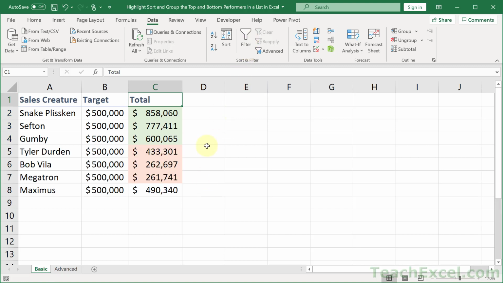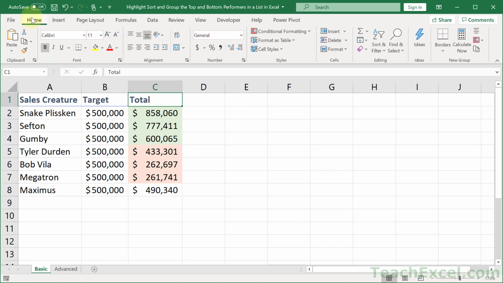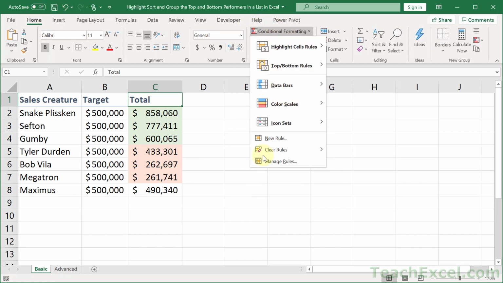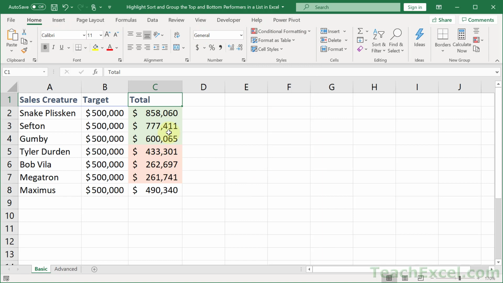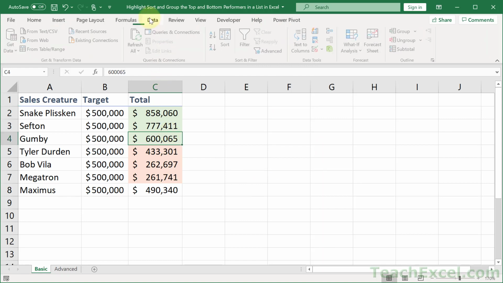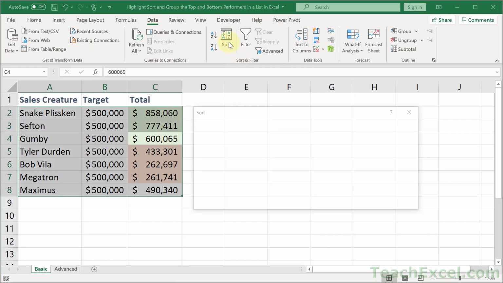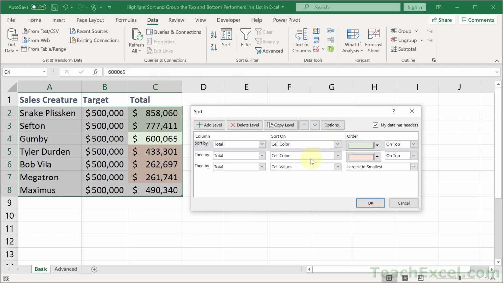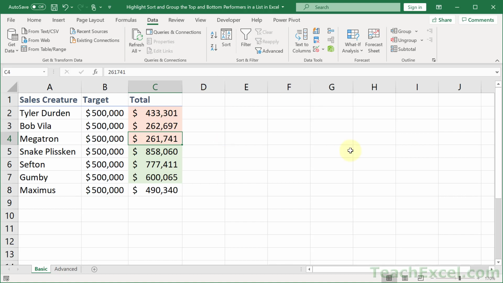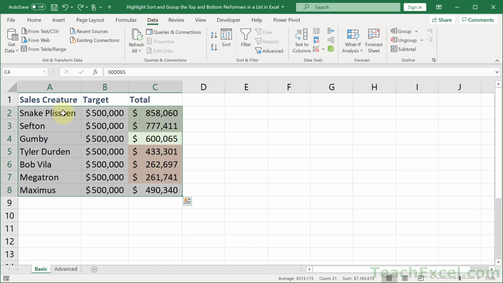So the beauty of this was to combine conditional formatting over here along with custom sorting. And don't forget, maybe this is the best thing to get from this tutorial if you didn't know about it before, the different levels of sorting that you can have here and the importance that they play. So if I moved this color up above the green, then it would be up above the green there. But let's back it up, keep Snake Plissken on top, and now it's time to move on to the advanced